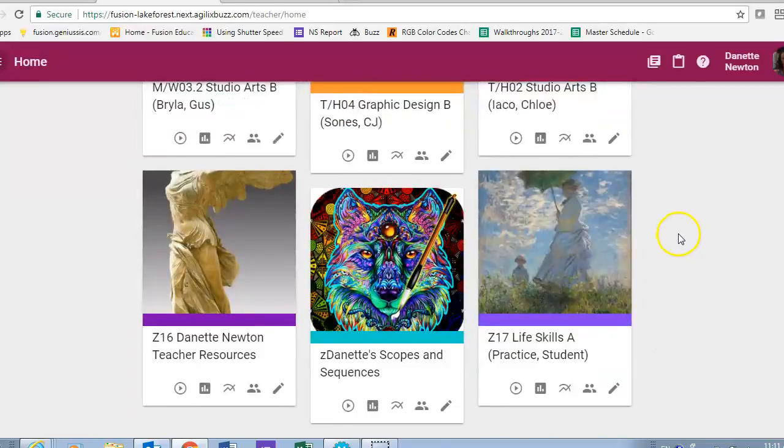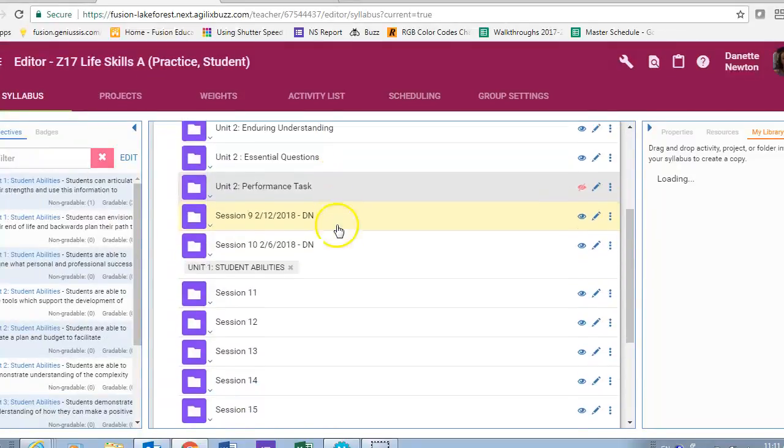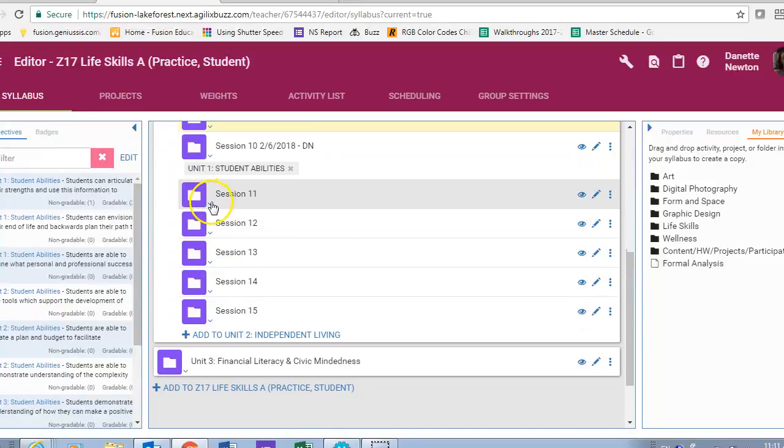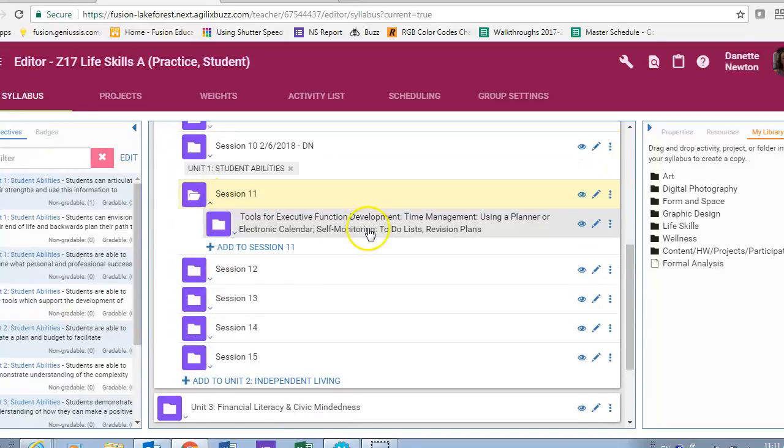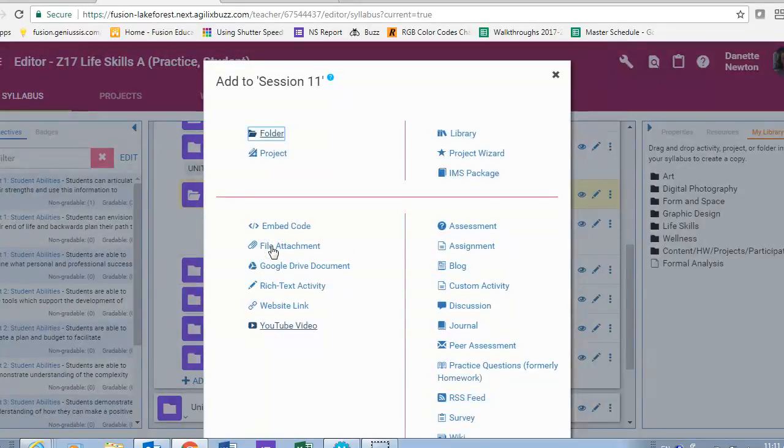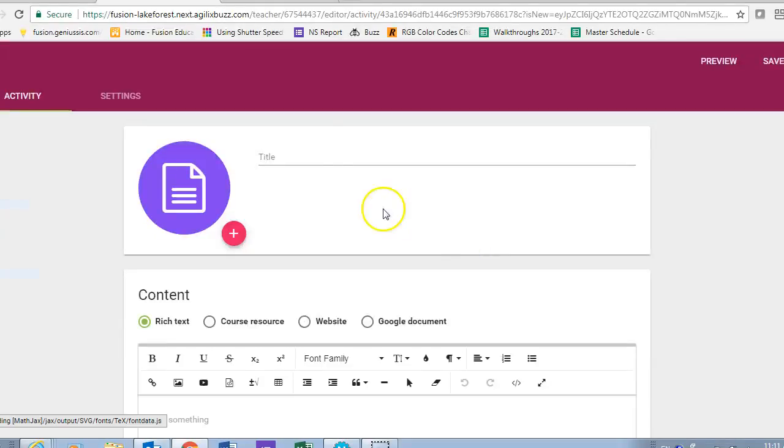So on your home page, you go to your editor button. You come into your class, you find the class that you are currently on. You click that open, and after your class is done, or before, you can do this before too, but you can add your homework assignment, which is under assignment, and then you would title this whatever the homework is,